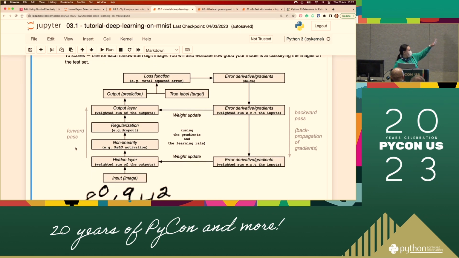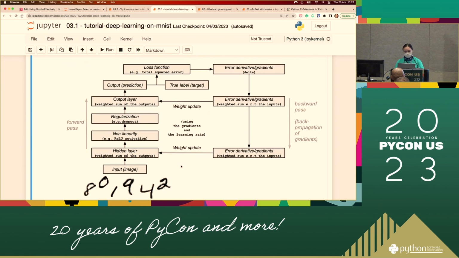So this graph explains how it works. There's a hidden layer, which is just a matrix, and then it's a loop. Every time it calculates how far off the prediction is, and then it tries to improve itself by doing this forward and backward propagation, which involves some mathematical steps that I won't go into detail about.